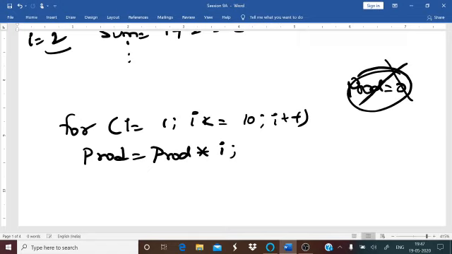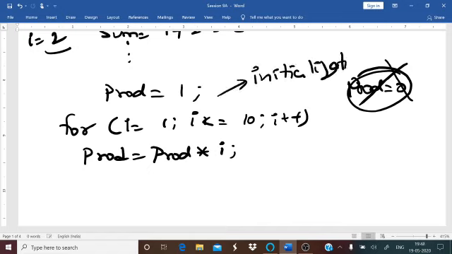This is not valid because any number multiplied by 0 becomes 0. So you are going to give the value of product as 1. Again, this is also known as your initialization, that is, giving the value in the beginning itself. Constructors is nothing but initialization, that is giving values in the beginning itself.